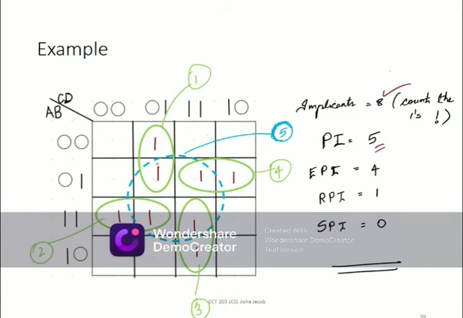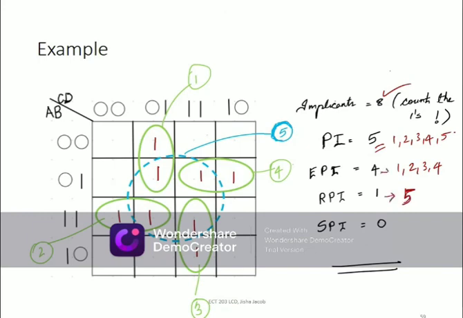How many essential prime implicants? Out of this blue group, the middle group is not really necessary. So I will kick that out, and I am left with groups 1, 2, 3, and 4. In case of prime implicants, it is 1, 2, 3, 4, and 5. Redundant prime implicants: redundant meaning the ones that are extra or not really needed. In this case, it is the 5th group. There is only one such group, marked in blue. Therefore, group number 5 is a redundant group.